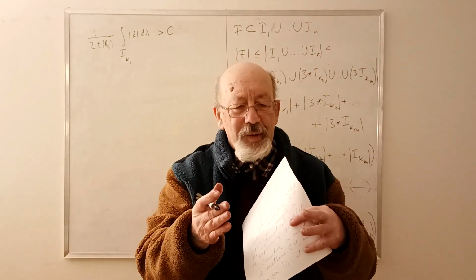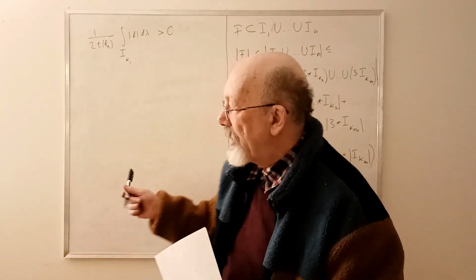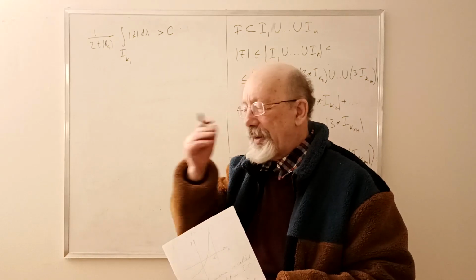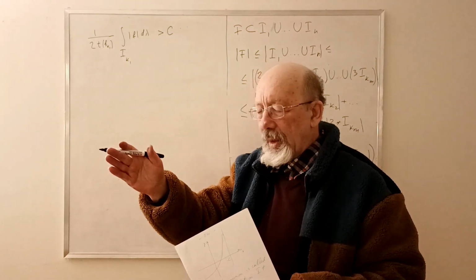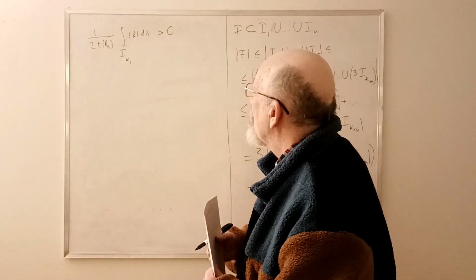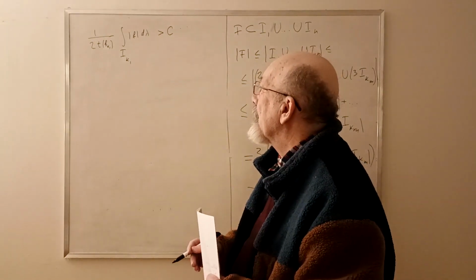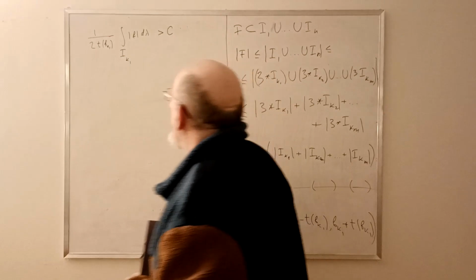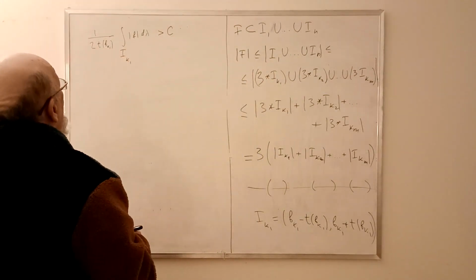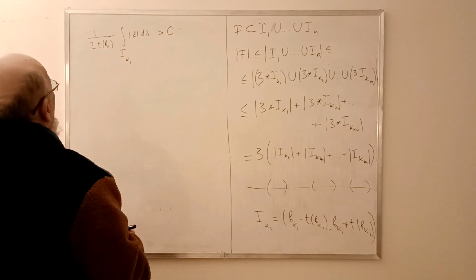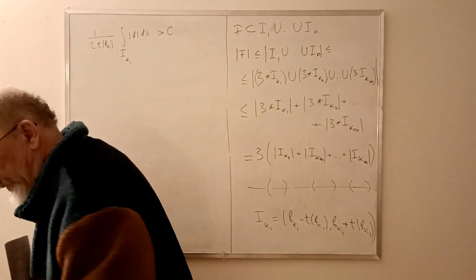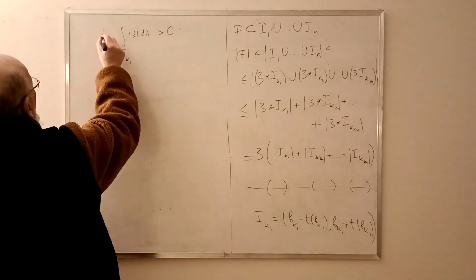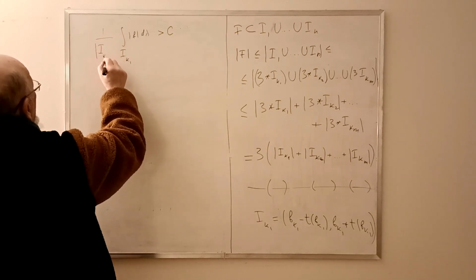So there exists a neighborhood from b minus t to b plus t, depending on b, such that the mean value of the function modulus f is more than c. And let me write 1 over modulus I_k1,